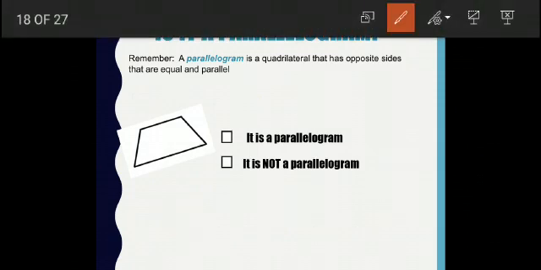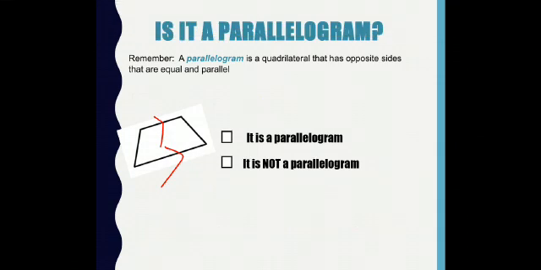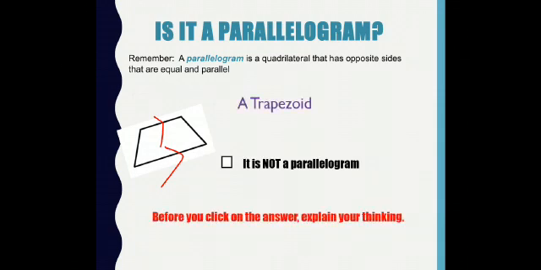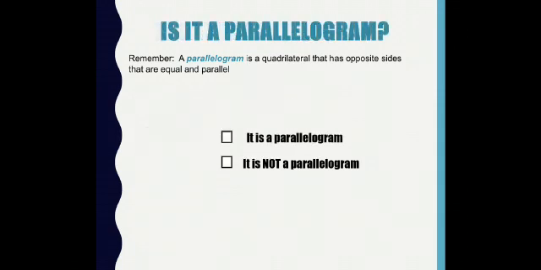Now look children, in a trapezium you have learned that only one pair of opposite sides is parallel, and it is never mentioned whether the opposite sides are equal or not. So in a trapezium only one pair is parallel, but for a trapezium to become a parallelogram, both pairs of opposite sides should be equal and parallel. So what we concluded from here is that a trapezium or a trapezoid is not a parallelogram.